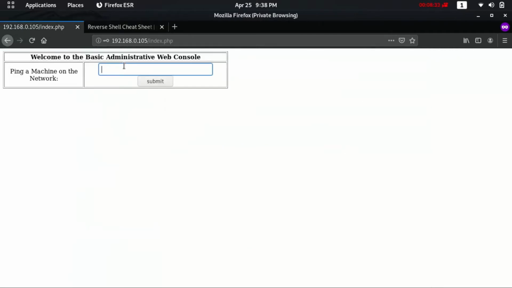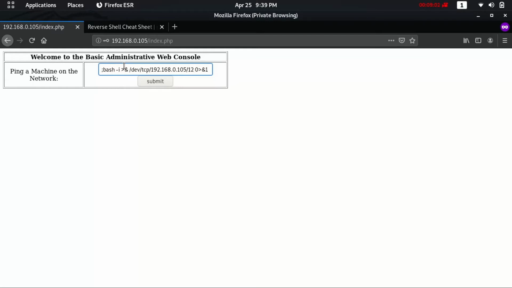As I already tried this but it didn't work, so I put a semicolon at the start here, and also I changed my IP, 192.168.0.105, and I changed the port number too.